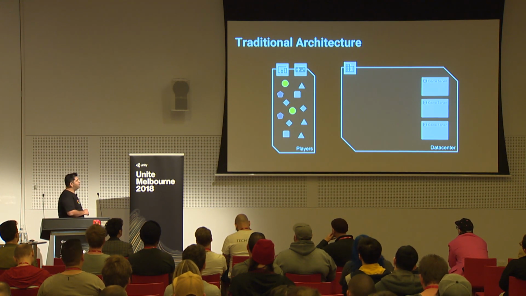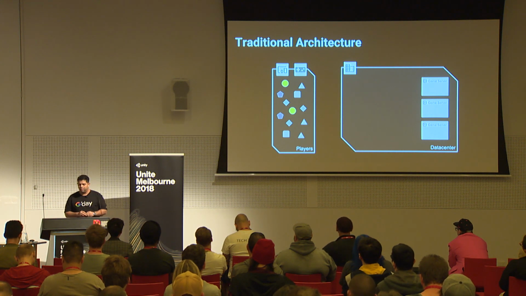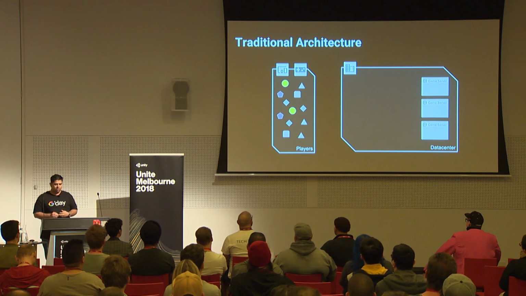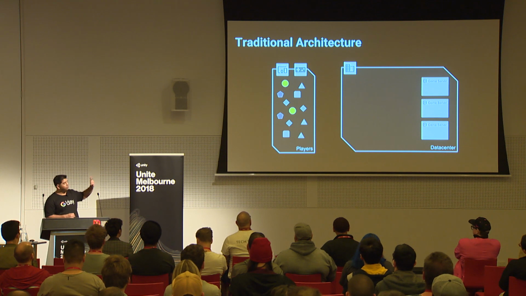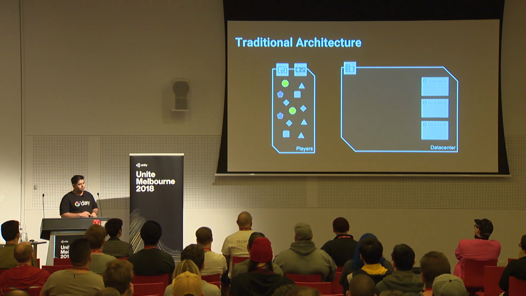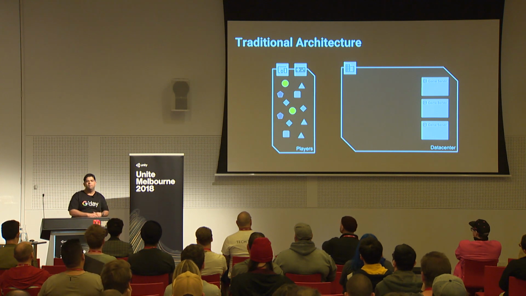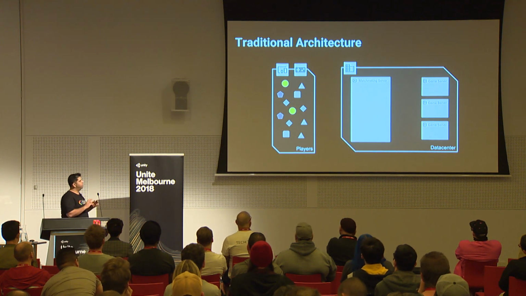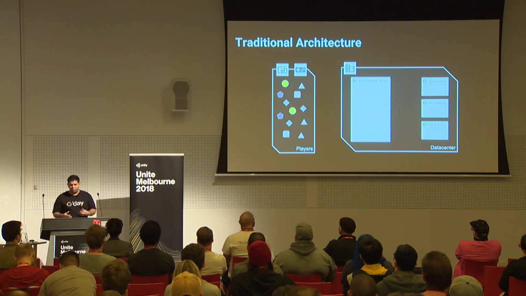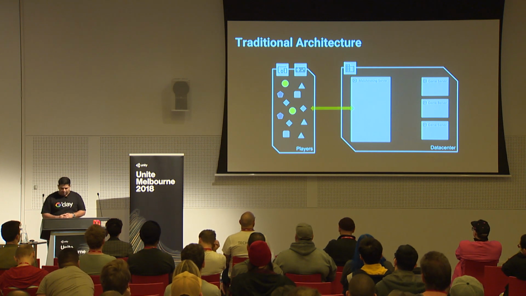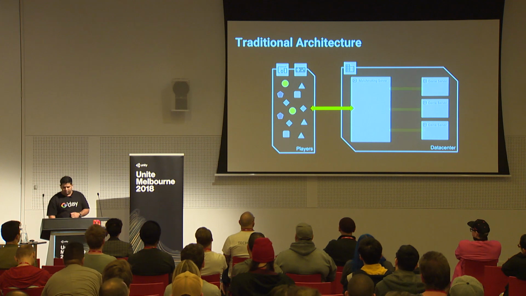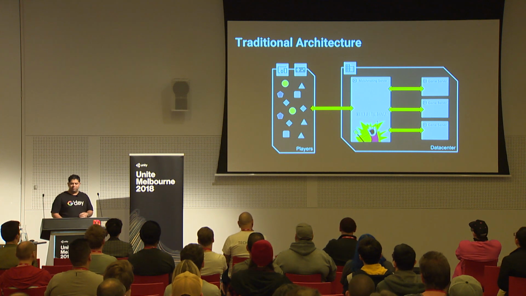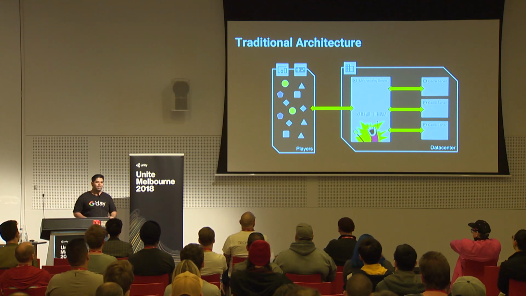So first, let's talk a little bit about traditional matchmaker architecture. If you were building a matchmaker a few years ago, a singleton might have been the typical approach. The way this works is that you have some players on the left-hand side, and those shapes and colors represent certain metrics about those players. Then you find a big VM or actual machine to do your matchmaking. You connect all your players' client devices to it, and then you also connect all your game servers to it. You write some logic that chews through all the players, matches them, and puts them on the best servers you have available, and everybody is happy.